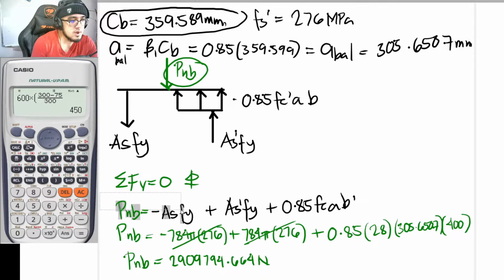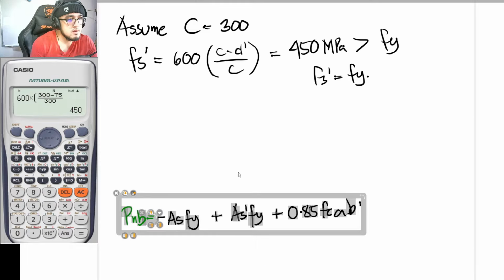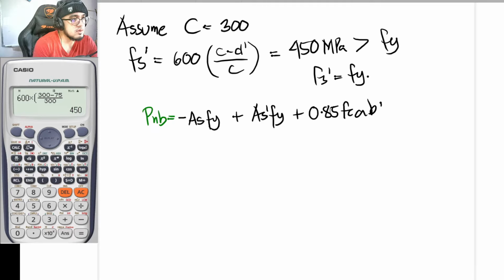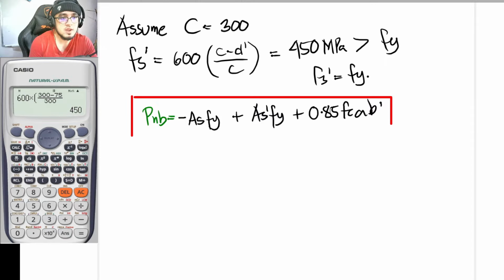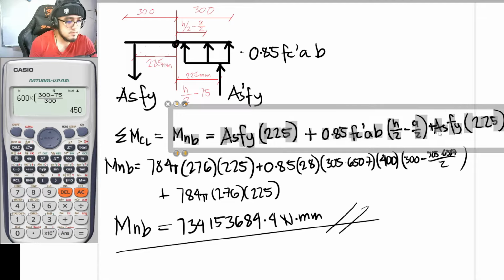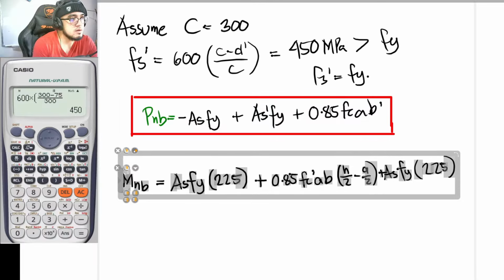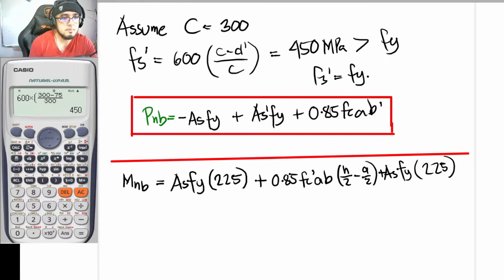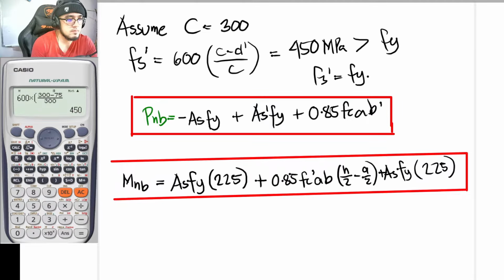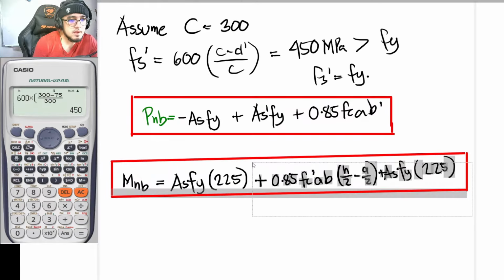So I will just be copying this equation here, by the way, guys. Take note of this. What I would be doing is just substituting the values. So this is for P and B. And for our M and B, I'll just be copying this once again. So take note once again, this is for M and B. Okay, so for our P and B,